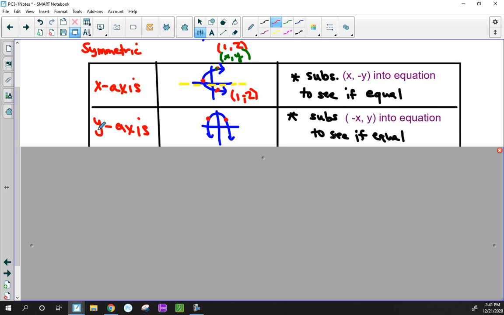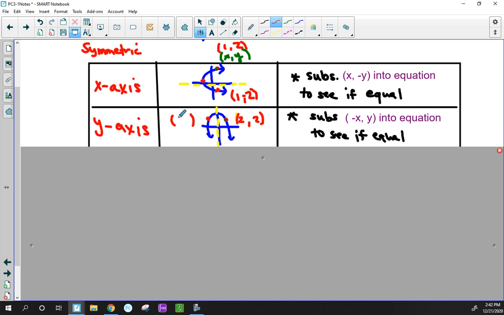Secondly, to prove y-axis line symmetry, I suggest you focus on one point. We'll start in the 1st quadrant. The y-axis is the vertical line of symmetry, shown in yellow here. If I reflect or flip across the y-axis, this location is going to land in the 2nd quadrant. Whatever this ordered pair is, this one's going to be similar. For example, if this one is, let's say, 2, 2,